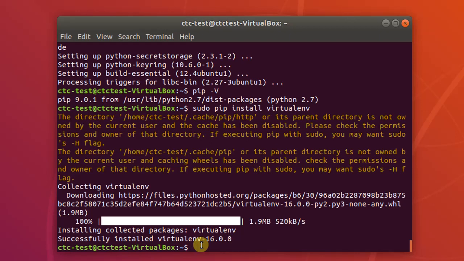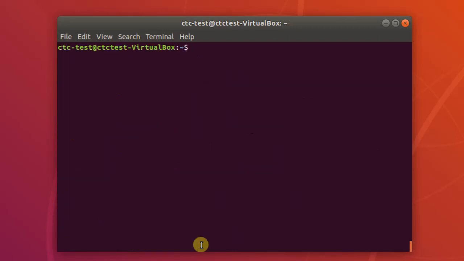Then we need to create a directory for our virtual environments to be stored inside. We do this using the make directory tool. Just clear that screen. mkdir ~/.virtualenvs. You can call yours whatever you want, but make directory just creates a folder, and the tilde just tells it we want to be in the home directory, slash for folder, and the dot in Linux actually means hidden